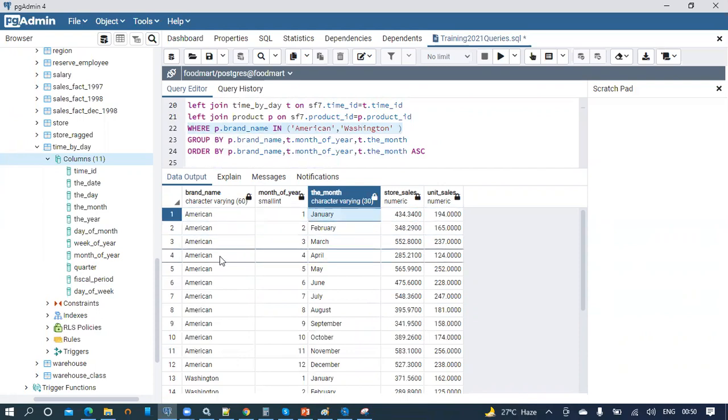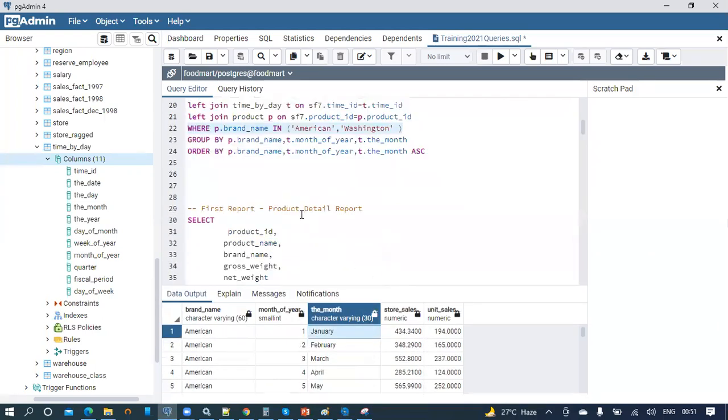And based on these two series, we are going to get 2 bars for the graph. So the first bar represents the store sales, and the second bar is unit sales. So let us take this query and plot the bar graph.